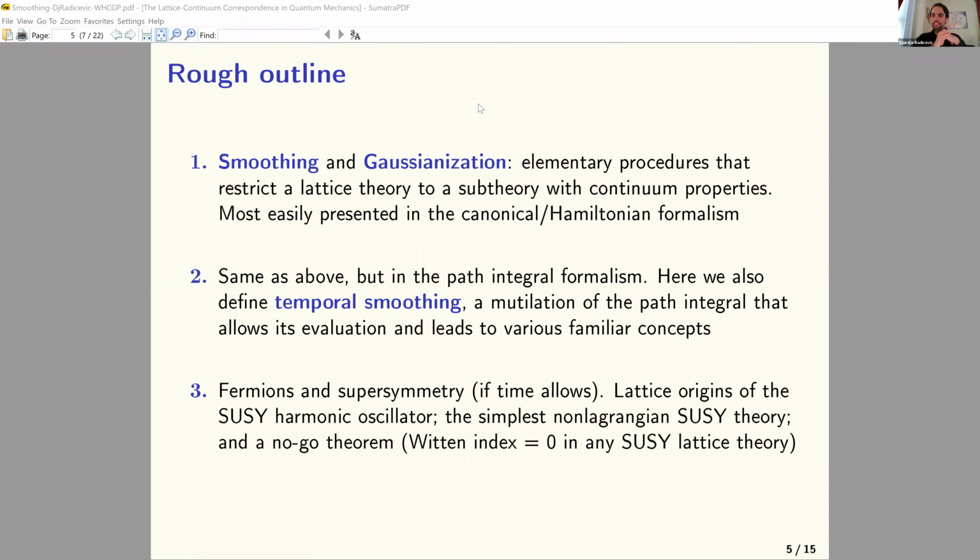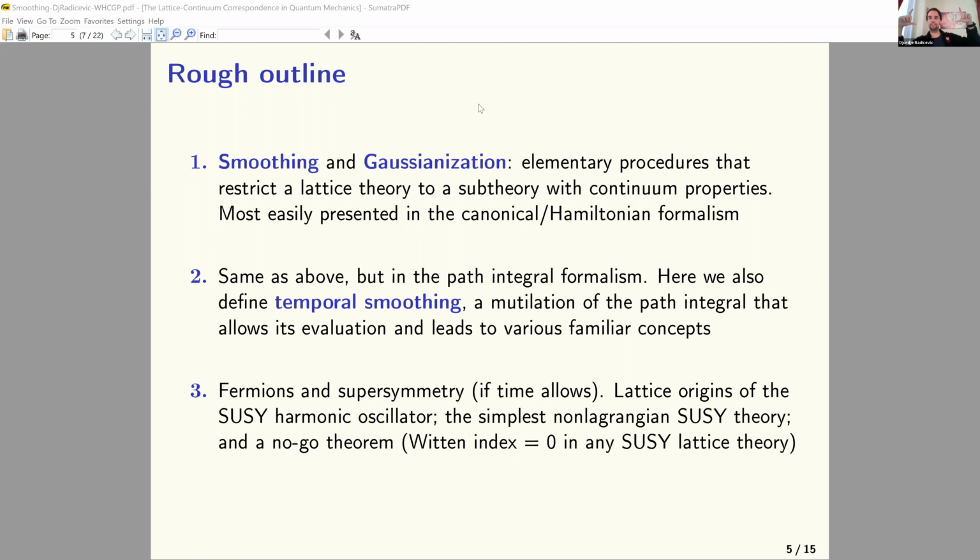So I kind of already revealed the outline. I'm roughly envisioning three parts. And there's a 20% chance I will actually have time to cover the third part. We'll see. The first part is going to, as I said, deal only with the canonical formalism. So I will be at a fixed time, and I will talk about operators that figure in the theory of a quantum particle moving on a Z_K target space. And I will describe two elementary procedures called smoothing and Gaussianization